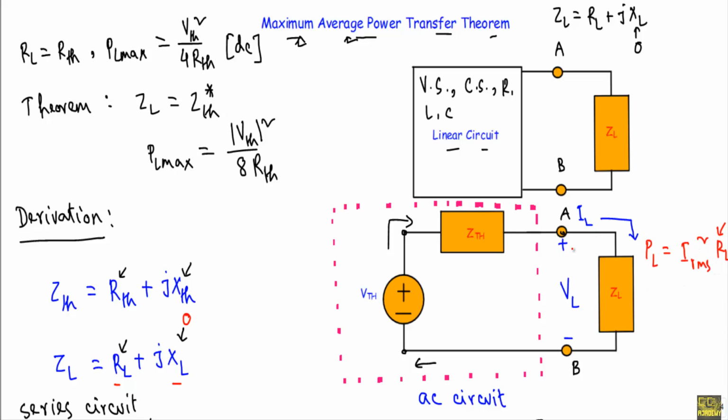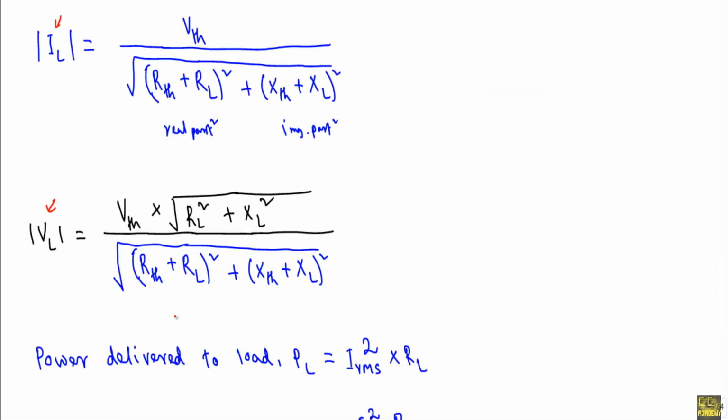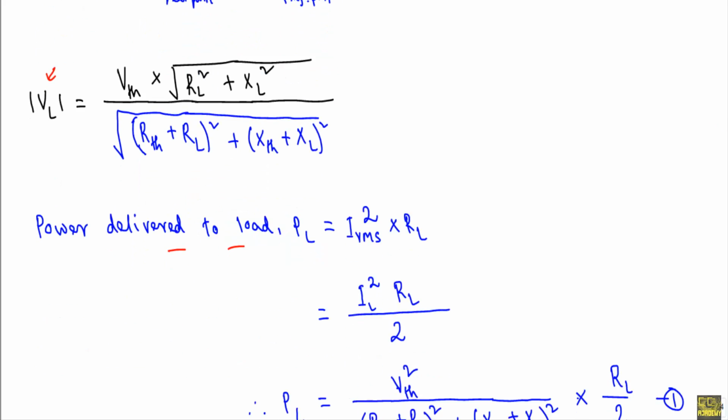Here the relation between the phasor current and RMS value is IL over root 2. So power delivered to the load PL will be equal to IRMS square into RL. If I put IRMS equal to IL over root 2, I will get IL square RL